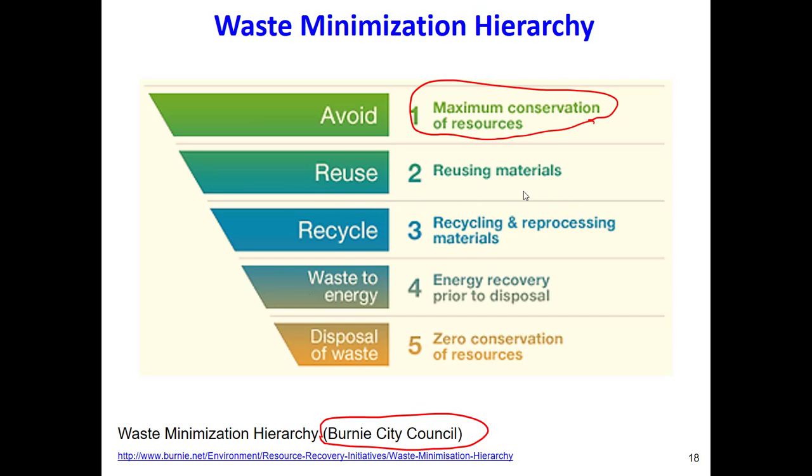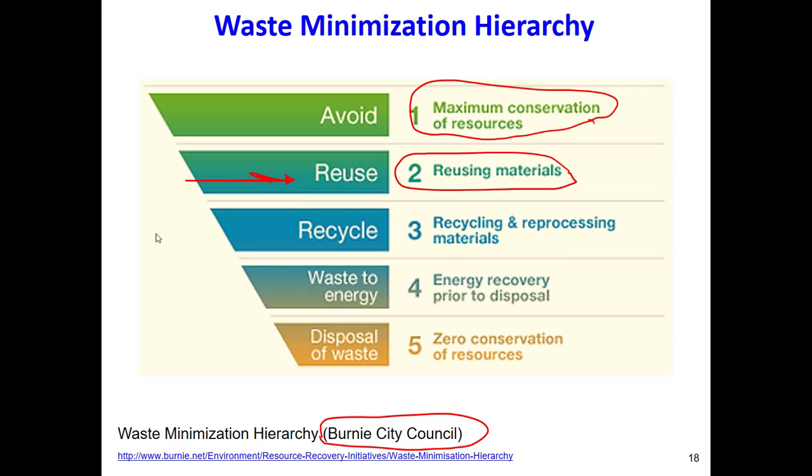Reuse, okay, so there are many materials that we can reuse, right? There are cars that we can use for many years. There are devices, let's say laptops, cell phones, many products we can use for many years. Or if we don't need them today, we don't need to waste them. We can just keep them, and maybe tomorrow or the day after, we can reuse them.